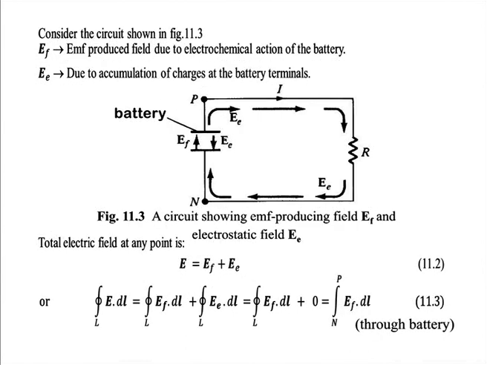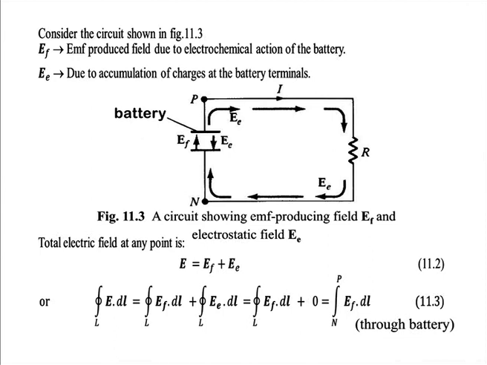Now, consider the circuit shown in figure 11.3, where there is a battery connected to a resistance and a current I flows in the circuit. As can be seen, there are two EMFs. One is inside the battery, which is given by EF and which is due to the electrochemical action of the battery, and the second is EE, which is throughout the circuit. The total electric field at any point is given by E is equal to EF plus EE, given by equation 11.2,